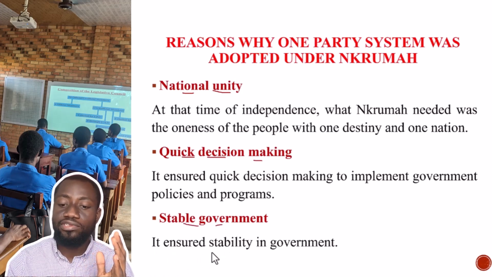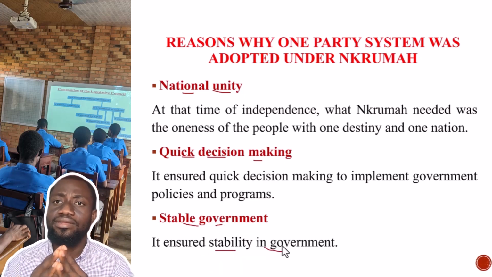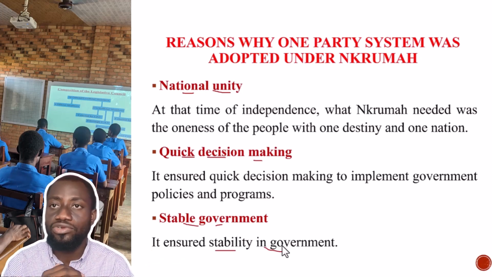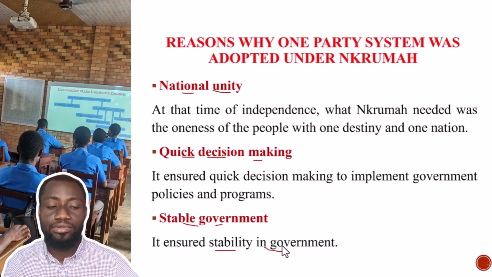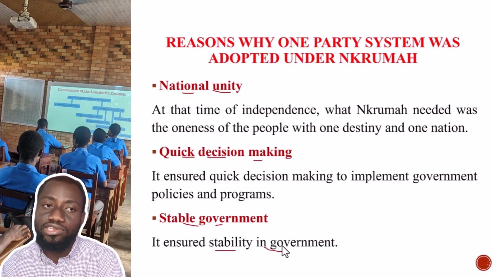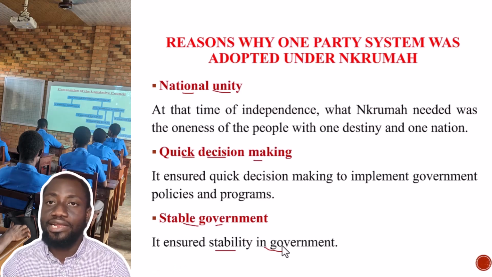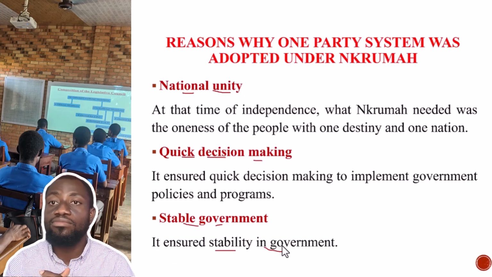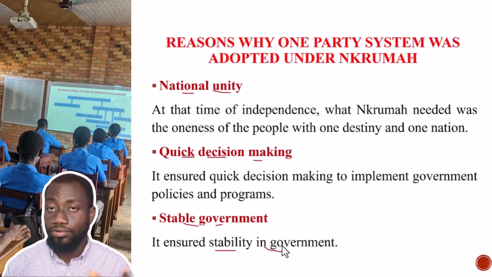The next reason also has to do with stable government. A one-party system ensures stability in government. And this is very key in our development as a developing country or a newly independent country. Even today, we have issues whereby government A starts a project and government B does not continue because it feels that it was not the one that started the project. And you can bear with me, there have been a lot of projects left in the bush to rot. Why? Because they were all started by the previous sitting government. An example is the E-blocks.